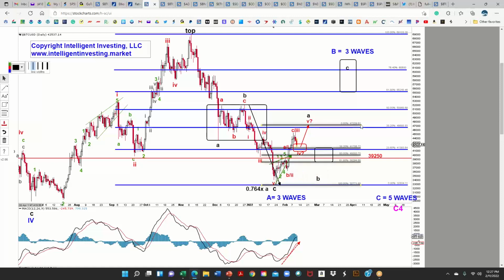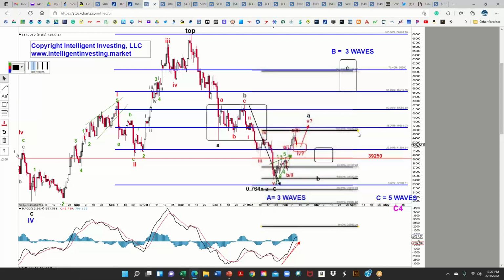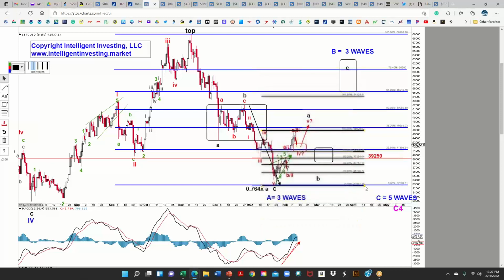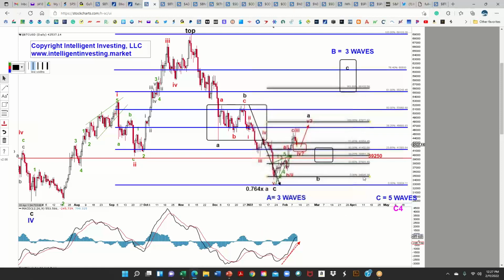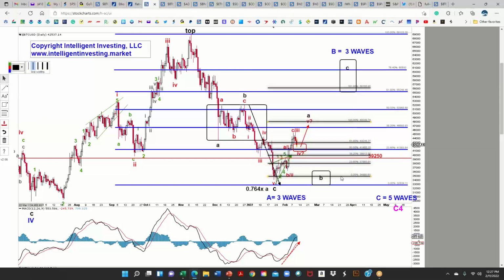Very, very easy. Then we know this B wave is going to go here. Well, then we're going to say, how high are we going to go for the C wave to get there? Okay, now let's assume we're just going to bottom here. You see, if we bottom here, so let's say we're just going to bottom somewhere here on average, right? So we just say, okay, this seems good